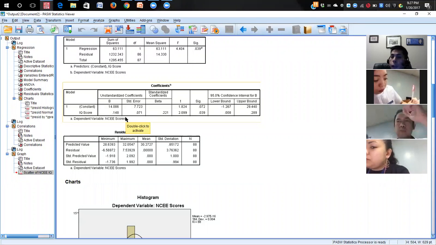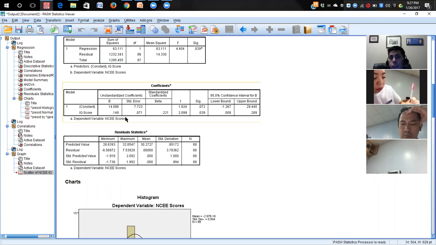When you do simple correlations such as Pearson's R, it just tells you that there was a relationship, and that the relationship was weak because 0.221 was the value of your Pearson's R, and it only accounts, because the R squared is 0.049, for 4.9%. So those are what you can get in correlations, but regressions can add more